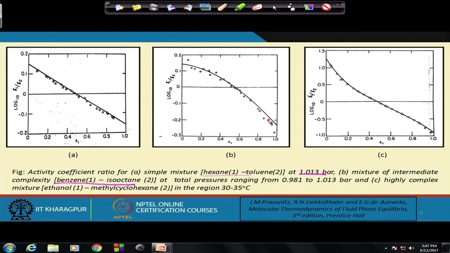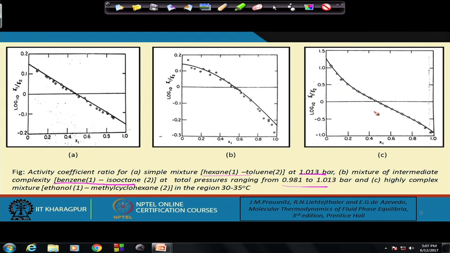While the molecules are similar in size for benzene and isooctane, for hexane and toluene there is much difference between the sizes. So, although we are dealing with similar types of components, we find that the graphs of ln gamma 1 by gamma 2 versus x1 are not the same. While hexane toluene conforms to simple solutions, we find that benzene isooctane does not conform to simple solutions under this particular pressure condition. And interestingly, when we go for some other mixtures, we find that